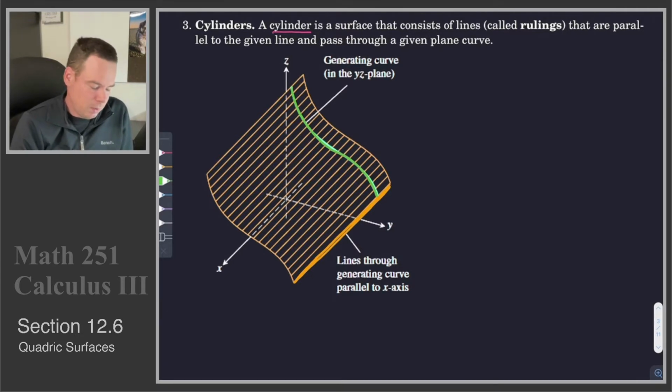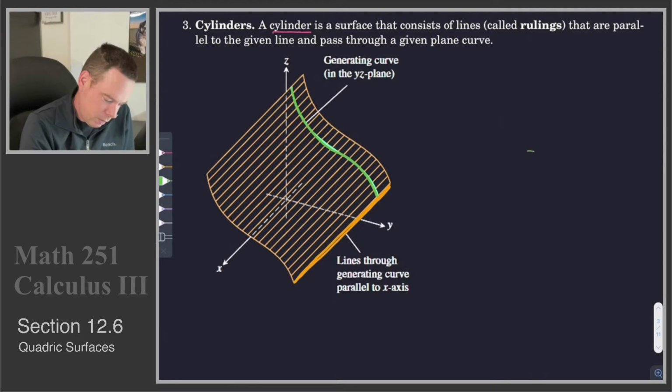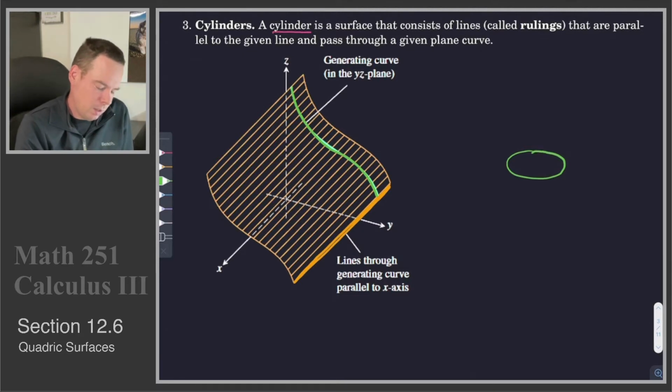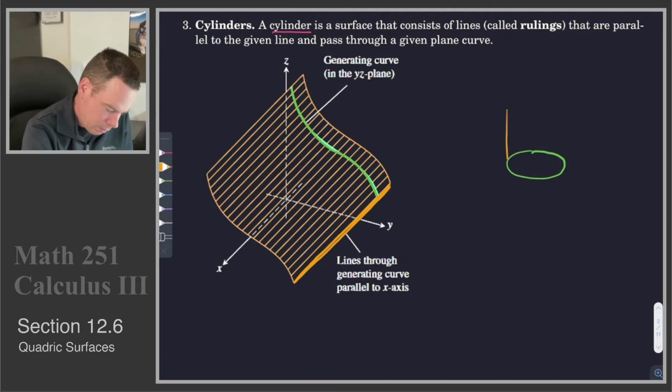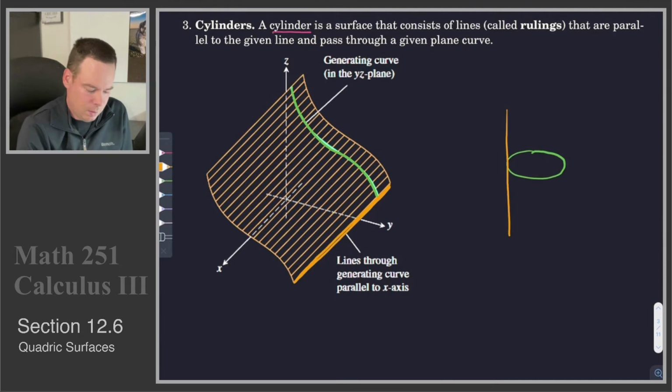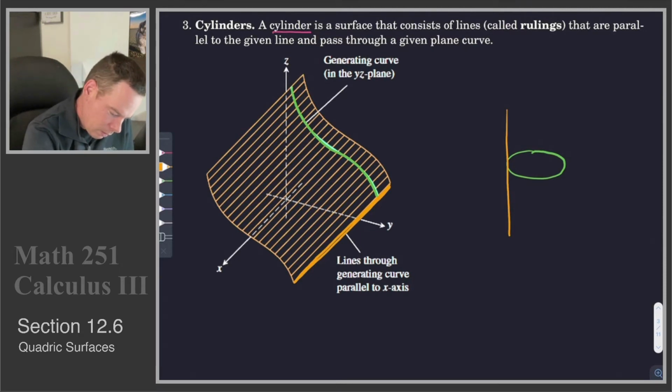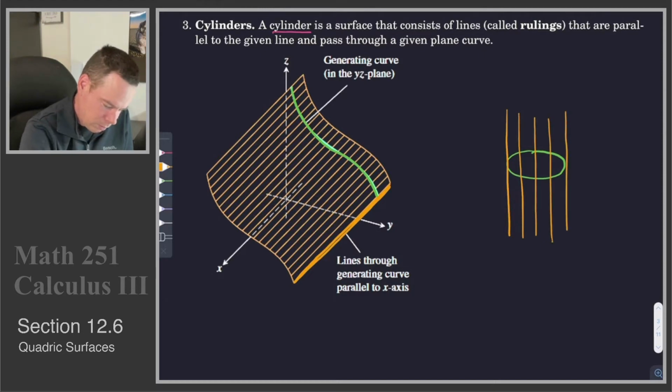Typically, you're used to thinking of that green curve as being a circle. So I'm drawing it with a little bit of perspective. It's a circle that's going into the page. And so if that green curve is a circle, and we take all of the lines that are parallel to this line, then what we end up getting is your classic cylinder that you're used to from